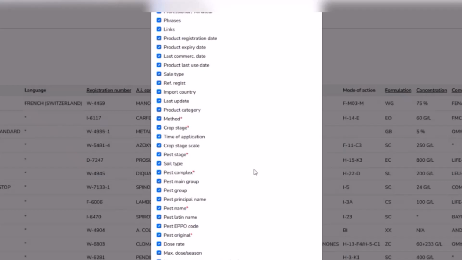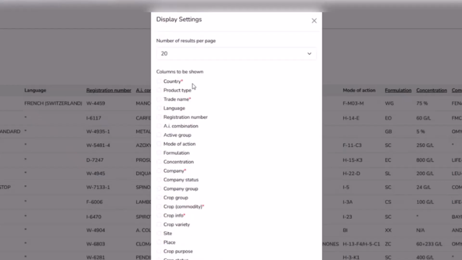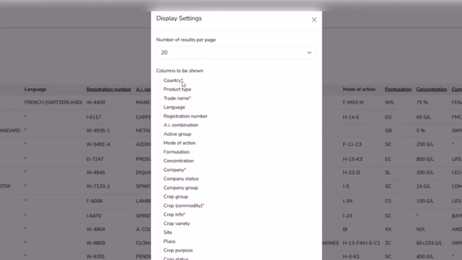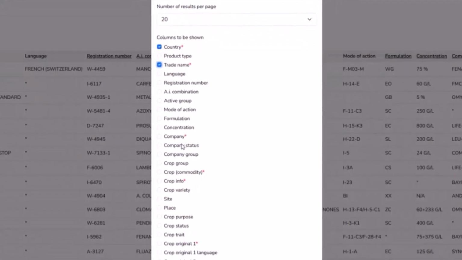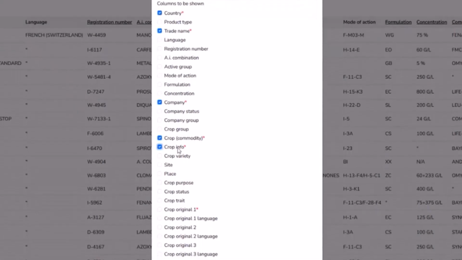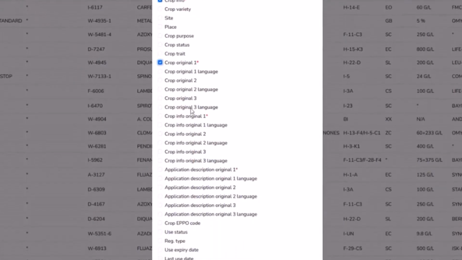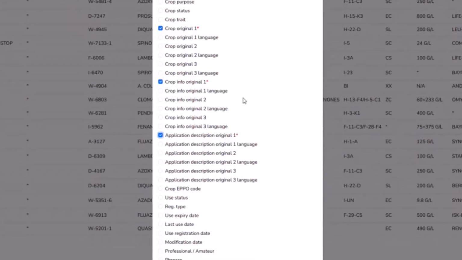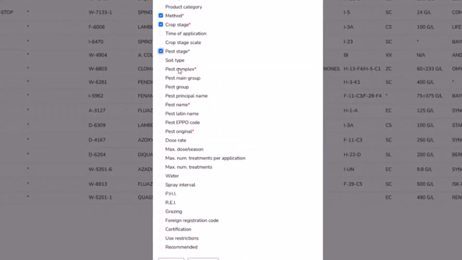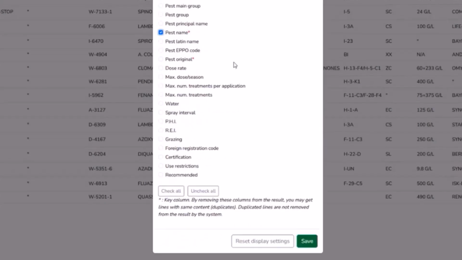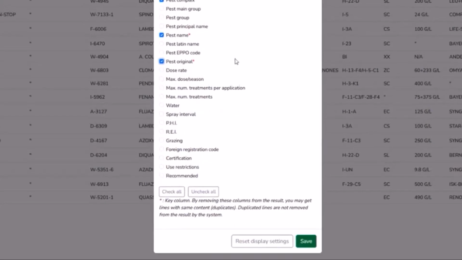I am going to uncheck all, and I select only the basic fields, which are the ones indicated with the red dots. I will go for the country, trade name, company, commodity, crop info original, crop info original 1, all these different fields with a red star, and I will run again this report. I have to go to Save, and then my report is going to contain the same number of results that